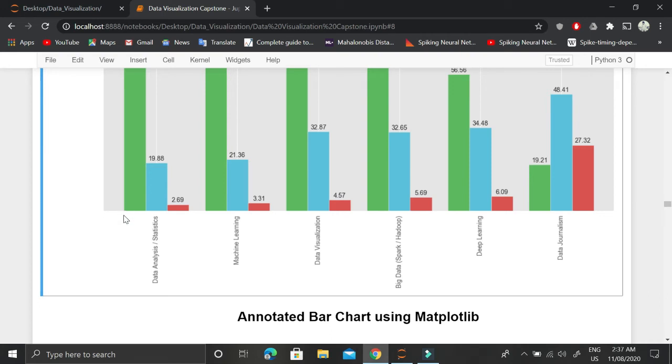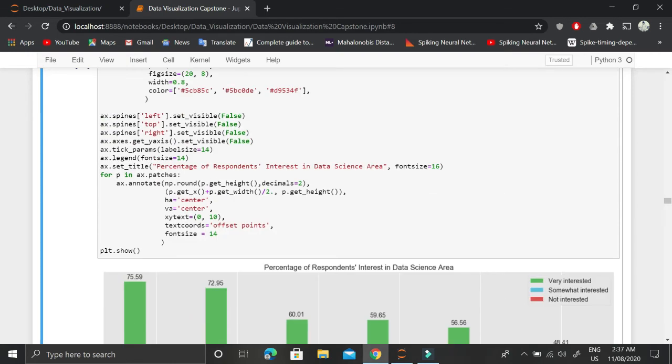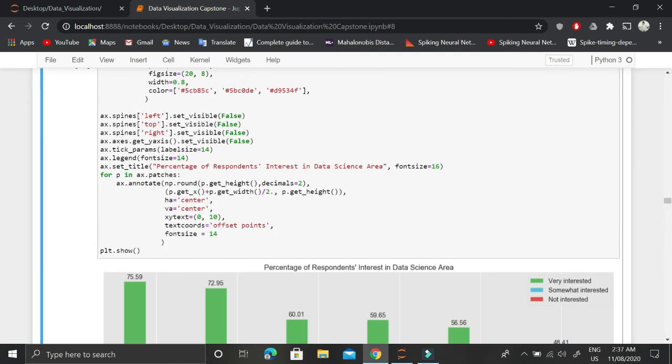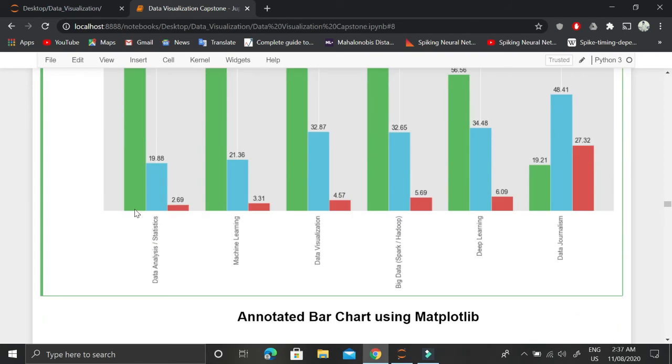Then we'll add half of its width, so p dot get width divided by 2. It means the x position plus half of its width. So we are going completely to the middle of this first patch.